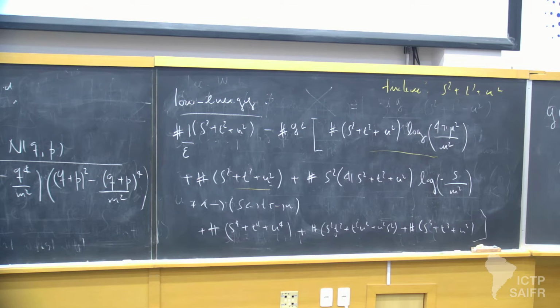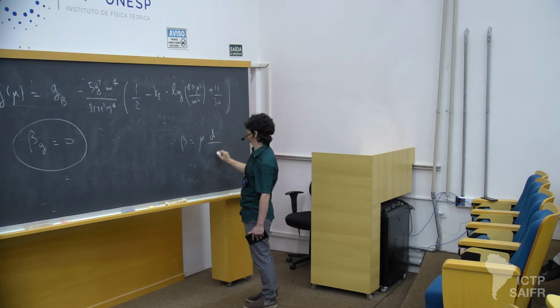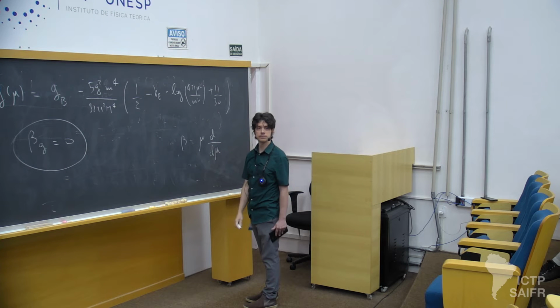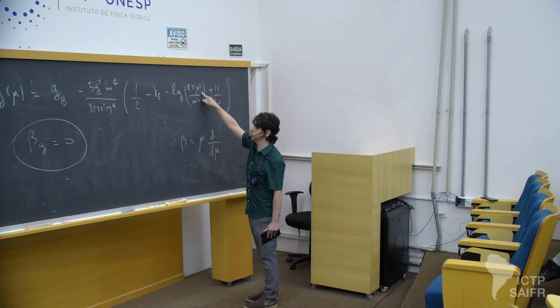Contrary to your usual expectations, the expectation would be to calculate the beta function using this, right? And then what is the dependence on the mu squared? It's here, so you just take the derivative and you find the beta function. But this log does not keep track of the energy dependence. So this log cannot save you from large logarithms that would appear. So it doesn't make any sense to consider this as a contribution to a beta function using the concept that